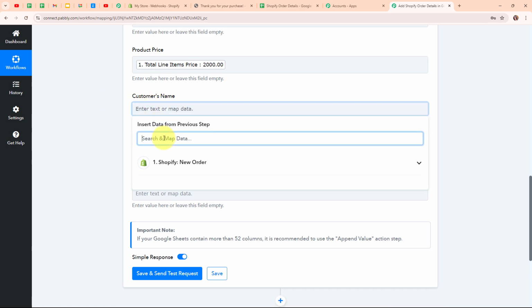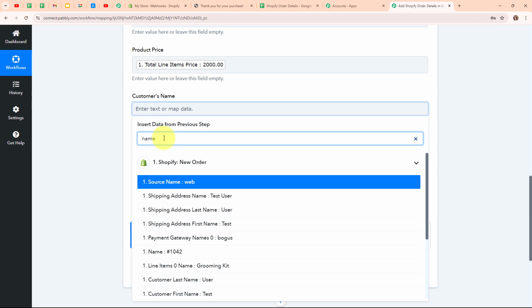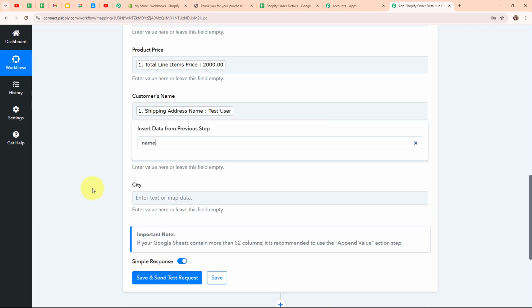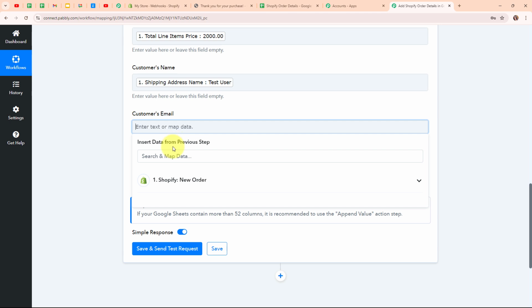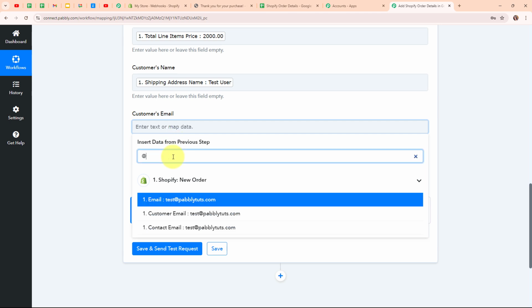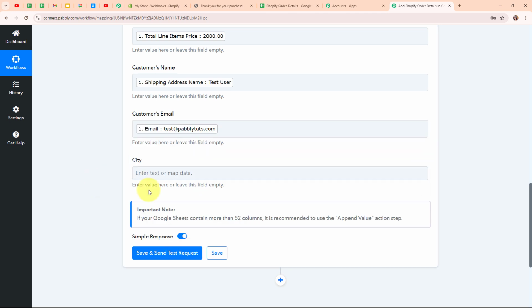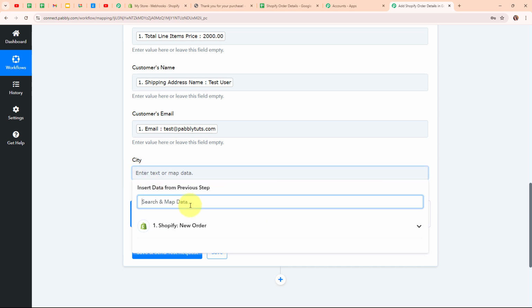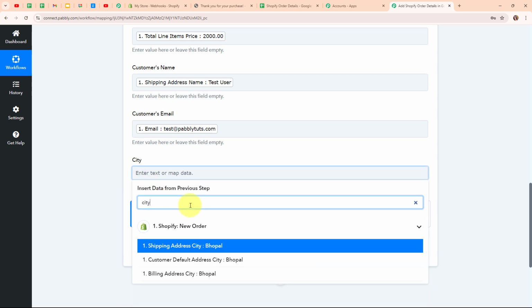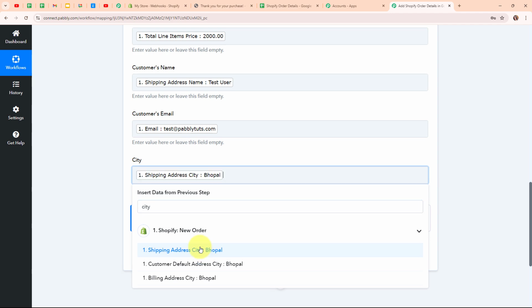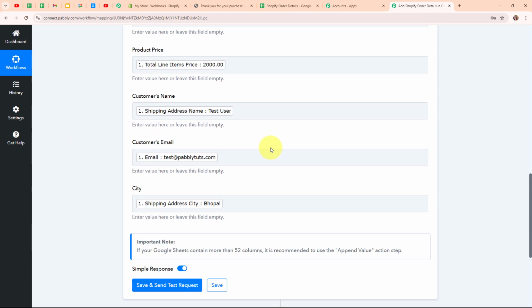So I'm going to search for the name again. So this is our customer's name. So here I'm going to map it. Scrolling a little down, here for the customer's email I'm going to search for the customer's email. So this is our customer's email, and lastly here it is asking me for the city. So here I'm going to search for the city. So this is our customer's city, and now here after entering all the required details, I'm going to click on